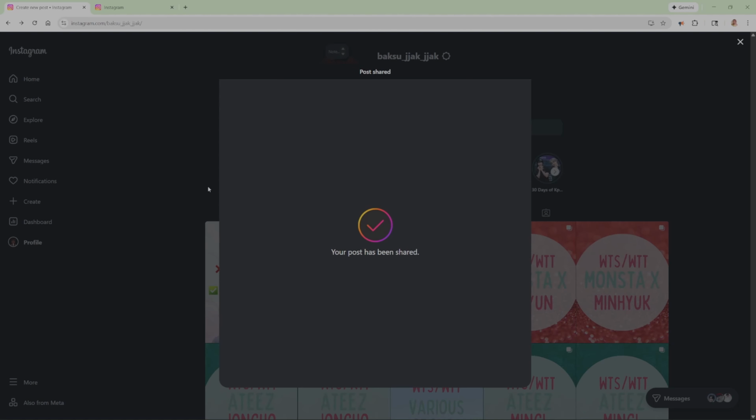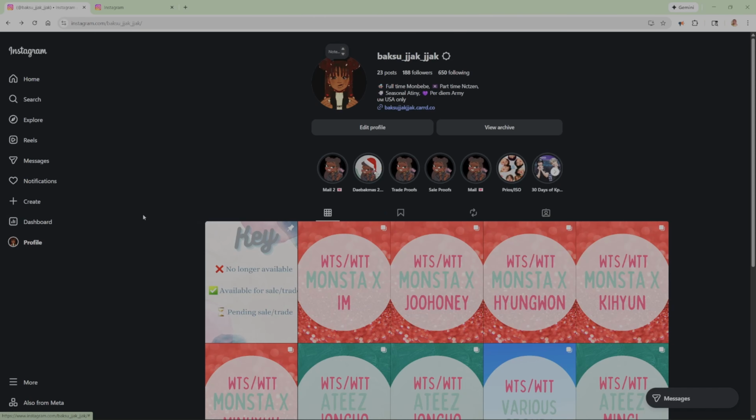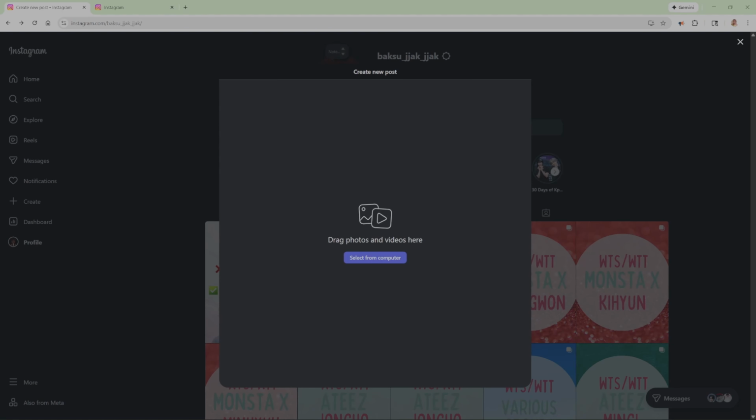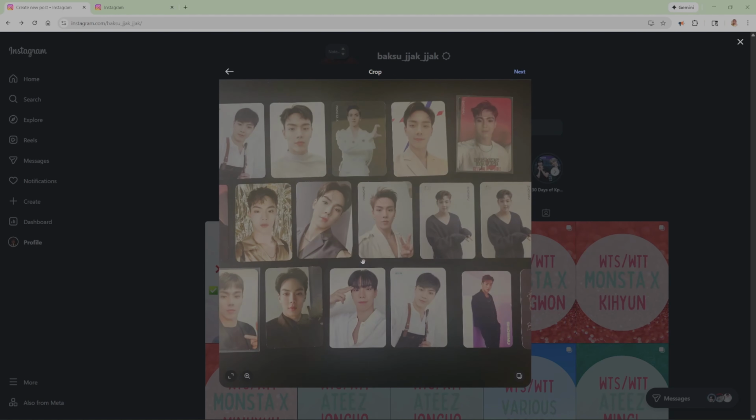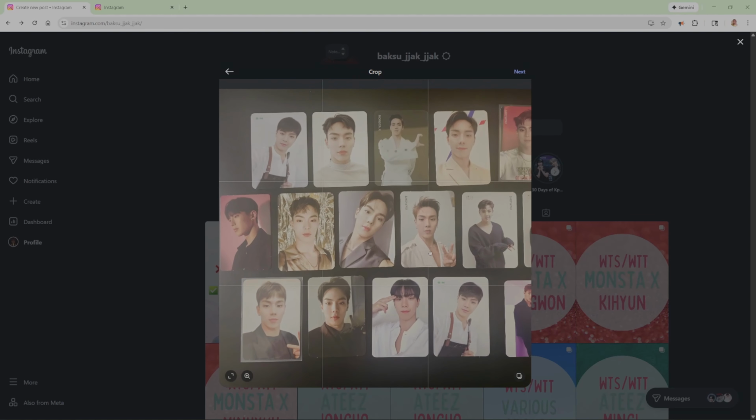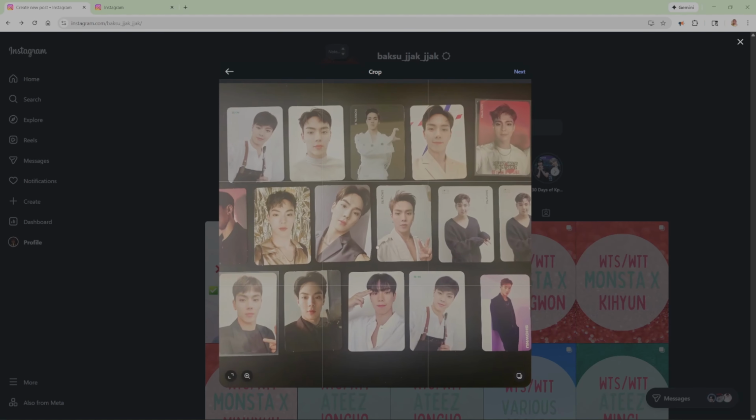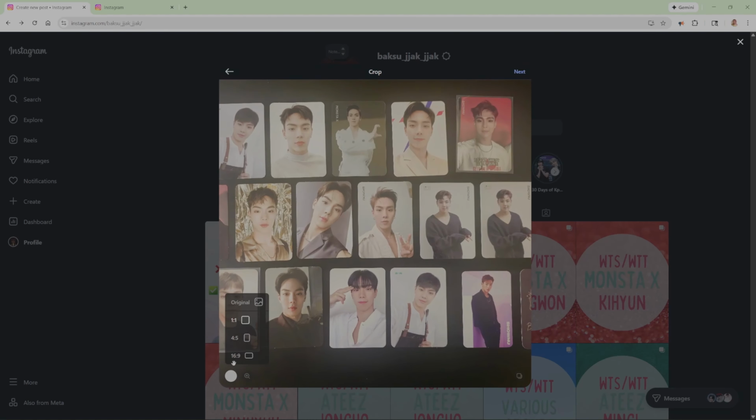I don't know if it's my internet. I know it's not my internet because I have good internet. Not to, you know, toot my own horn or anything. But Instagram is like mad slow this morning. Anyway, as you can see, it cuts off over here and over there, and then when I move it to